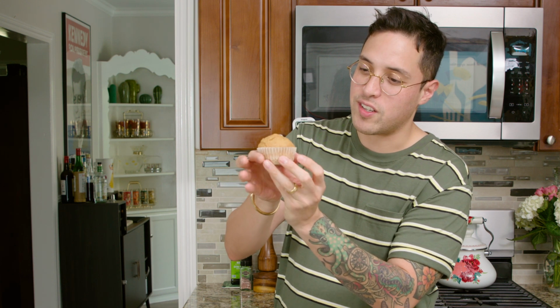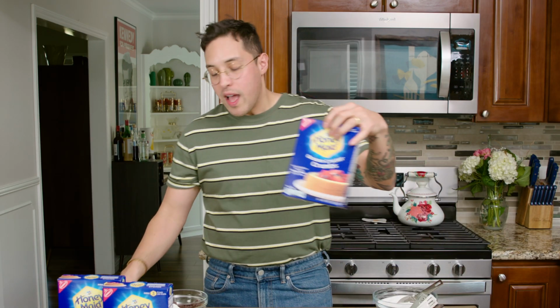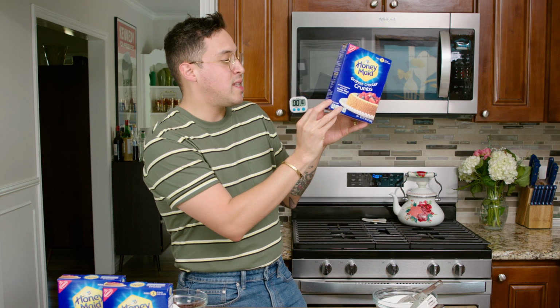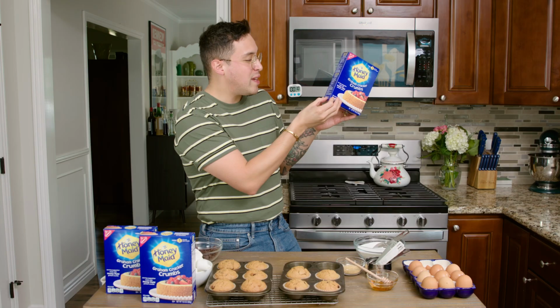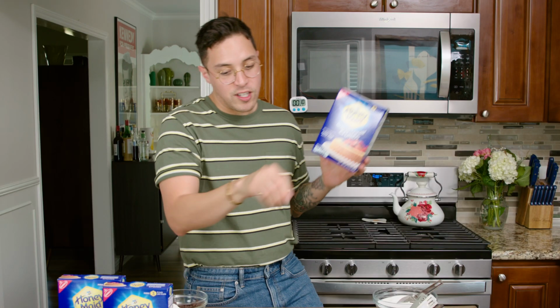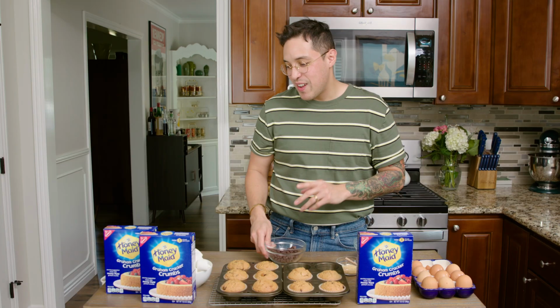I'm burning my fingers. But it's worth it. I do this for you guys. I'm gonna let them cool a little bit. But earlier, I was reading the recipe like you're supposed to, and at the bottom there, it says something special or special extra. You can mix 1.5 cups of powdered sugar with 2 tablespoons of milk and then drizzle it over the muffins. So if you wanna do that, you could, but we're gonna take them to the next level